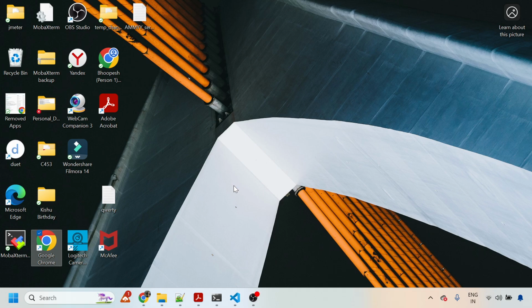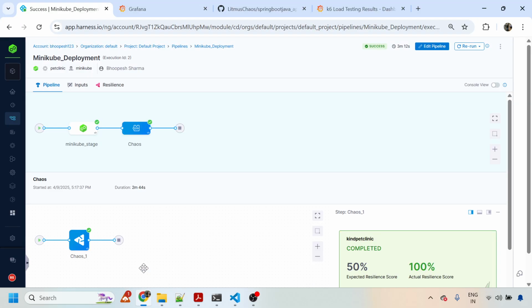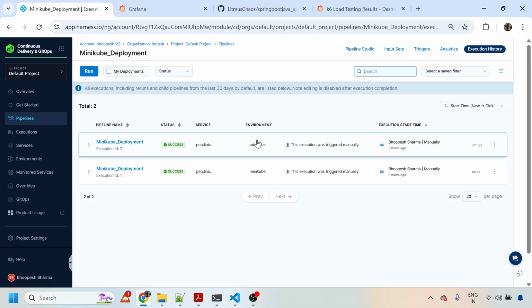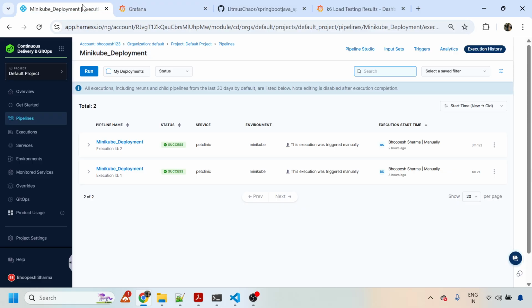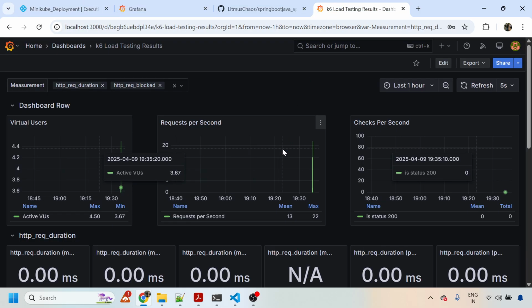Hello, everyone. So, today we'll be talking about an interesting topic: how we can deploy applications using Harness CI/CD pipeline, as well as how we can inject chaos tests, or you can say fault injection, in the applications using Harness only. And post that, we'll be doing monitoring of that application using Grafana Cloud, and we'll be doing the load on that application using Grafana K6, the open source Grafana K6, and